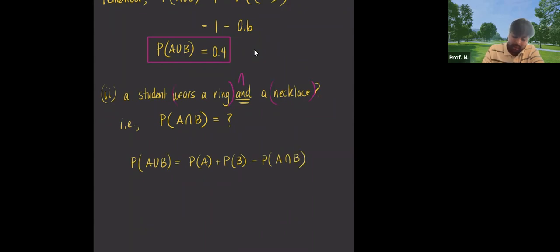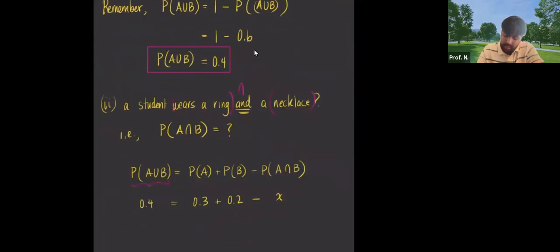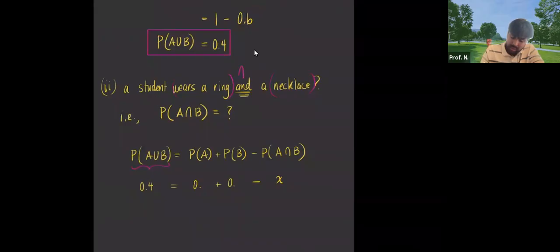The nice thing is I know this already. This is what, 0.4? I know the probability of A is what? 0.3, and the probability of B is what? 0.2, and then I don't know what this is, so I call this X. Let me just make sure I got this right, oh no, I switched it up. So this is 0.2, this is 0.3, right? And then this equals 0.5. This is 0.4. And look what this becomes, a very nice, simple